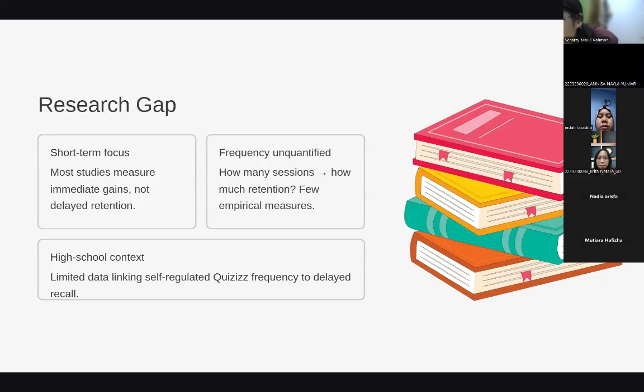This means researchers say quizzes are good, but they don't research exactly how many times a student needs to play to actually remember the words. Finally, there is very little data specifically on high school students to see what happens when they use quizzes on their own time to study. My research aims to fill this gap. Next slide, please.